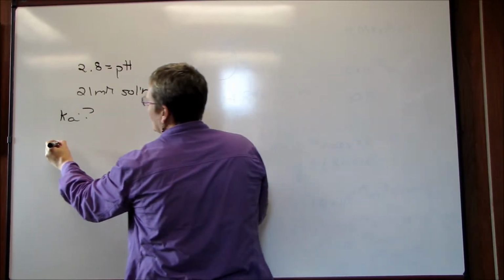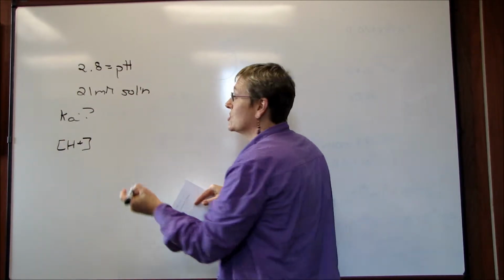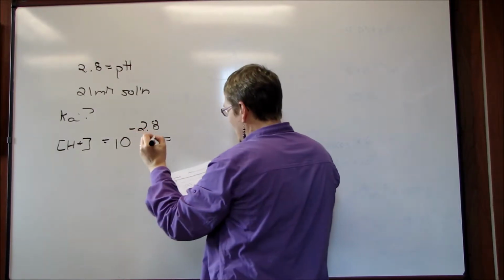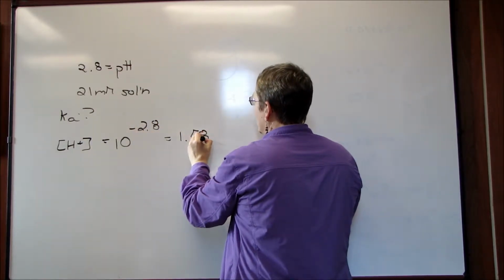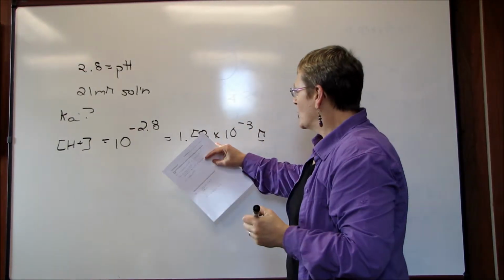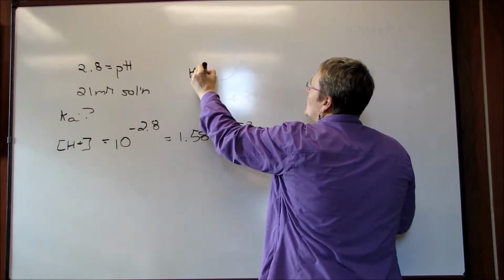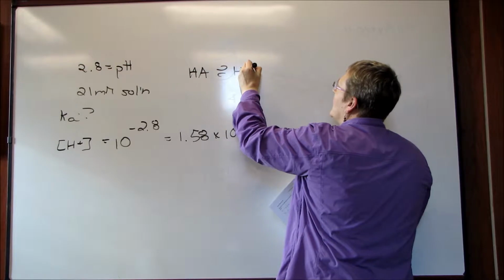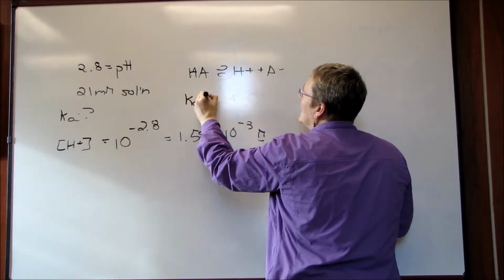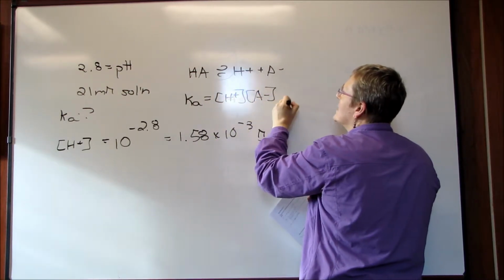We know the pH. The pH of 2.8 allows us to calculate what the hydrogen ion concentration is. It's 10 to the negative 2.8, which is 1.58 times 10 to the minus 3 molar. All right? So we know what H plus is. Remember that the equation we're working with here is HA goes to H plus and A minus. All right? And so our Ka is the concentration of H plus times the concentration of A minus all over